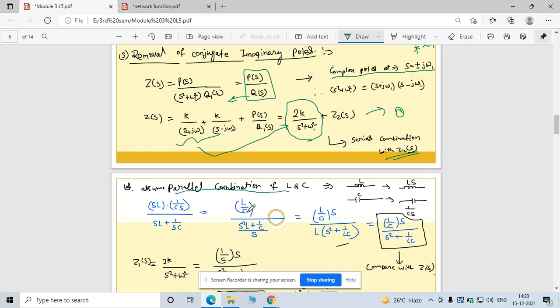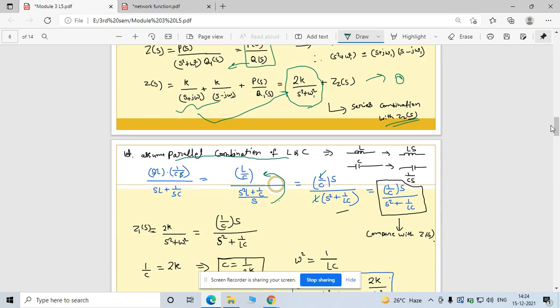Now see, the s is getting cancelled out from here, right? So in the numerator L by C, and in the denominator take the cross multiply of these two terms, so s square L plus 1 by C divided by s. This s term goes to the numerator side. So that is nothing but this Ls, and here I take L as common from the denominator, so the L term gets cancelled out from numerator and denominator. Okay, so in the final term you will get 1 by C s divided by s square plus 1 by LC, okay, 1 by LC.